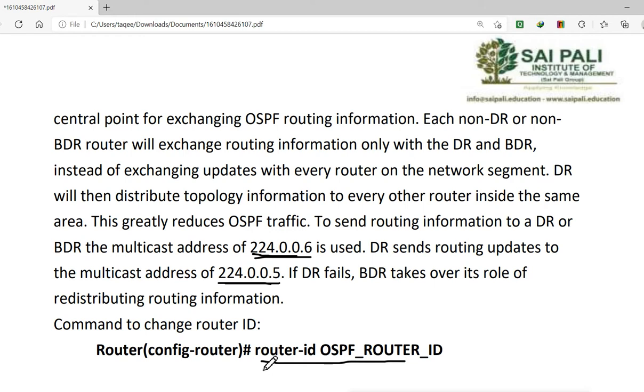How can you do that? You can go to the router configurations, OSPF configurations, and then run the command router-id, and you can configure the router ID for your router manually, and this will affect the selection of the DR and BDR.